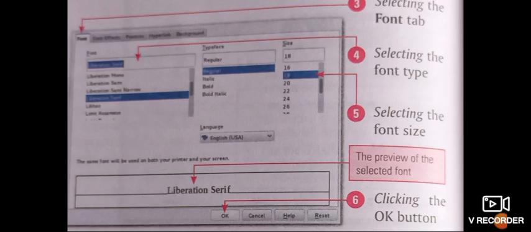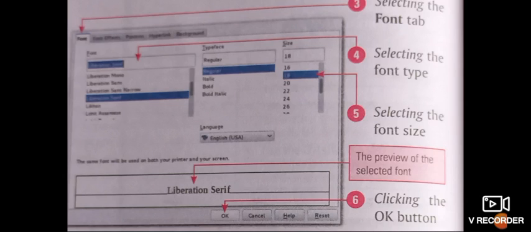Character formatting determines the appearance of individual characters in our document. It includes applying the desired font, size, and text attributes like bold, italic, underline, etc. Character formatting can be easily done from the character dialog box. We can also use the formatting toolbar to apply character formatting on text.